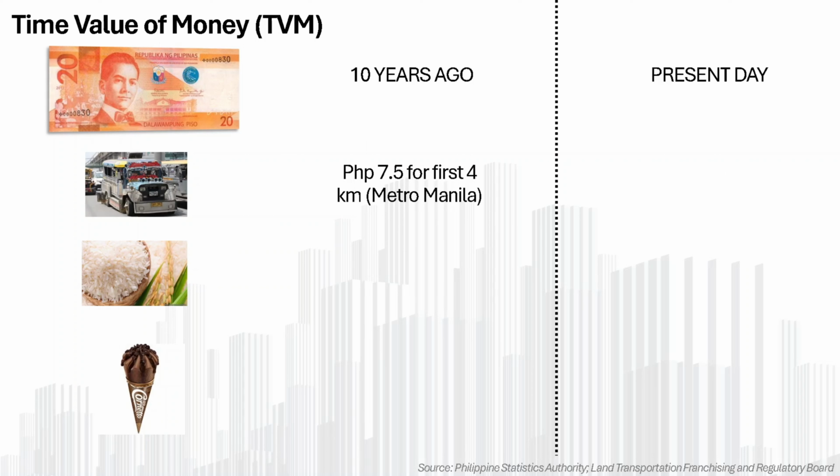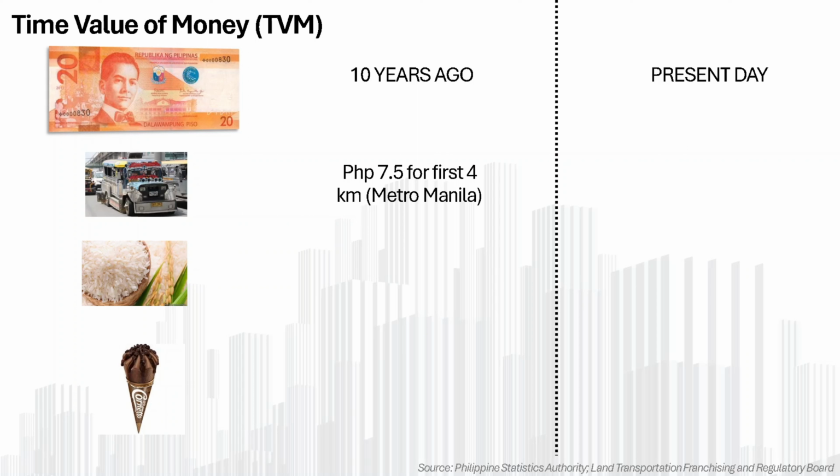Meaning for at least, and then I think it's another succeeding 7.5 pesos for another kilometer or so. So in short, 20 pesos can go a long way. Okay, so it could definitely go round trip. If we're gonna consume only for 4 kilometers, that's about 20 divided by 7.5. That's about two trips. Okay, about 2.6. So probably two trips and a half.